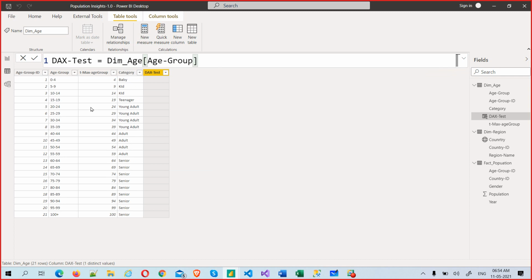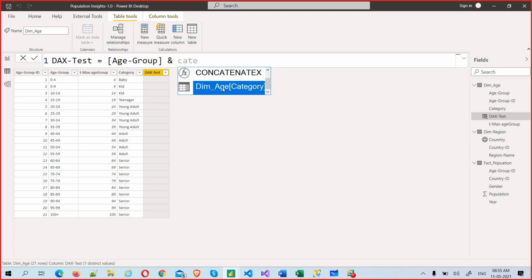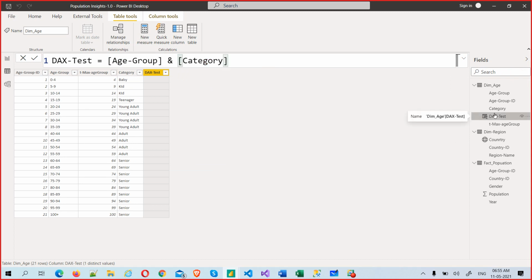Because I'm only working in the same table, I have no need for the table name. That's perfectly fine. The same name, age group, and I want to concatenate it with its category. Again it will come with the table name, so I can remove it.